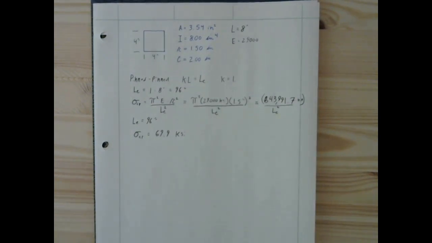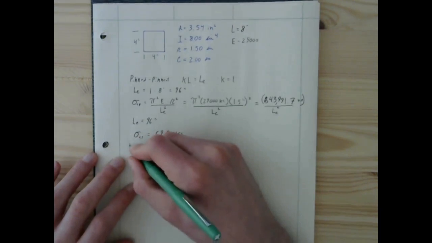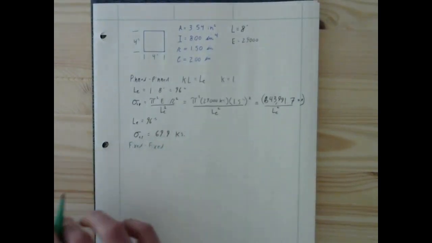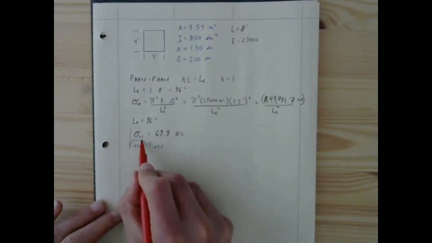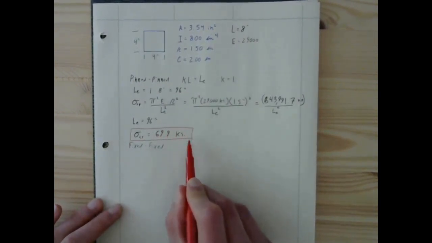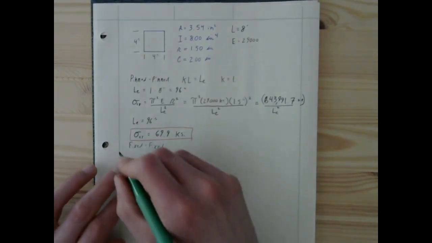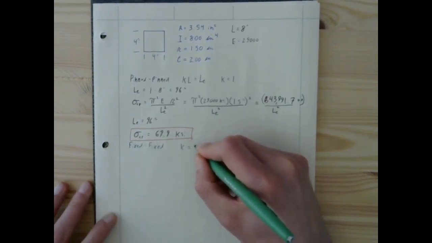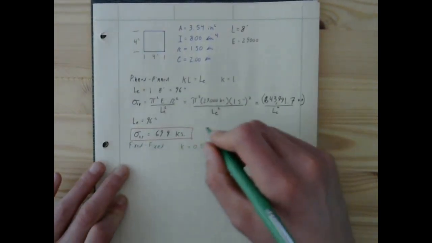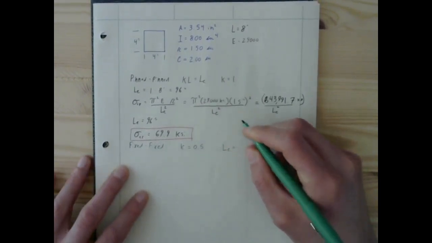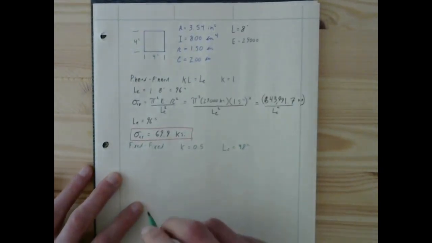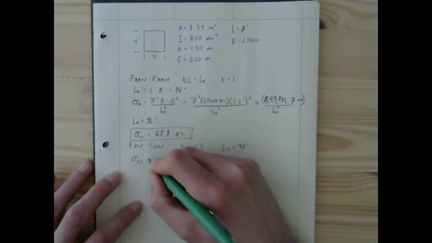Now let's look at a fixed, so fixed on both ends. Let's box all these as we go. For a fixed, K is going to be equal to 1/2. So in that case, our effective length is actually only going to be 1/2 of 96. It's going to be 48 inches. When we plug that in, we get the critical stress, if it's fixed,